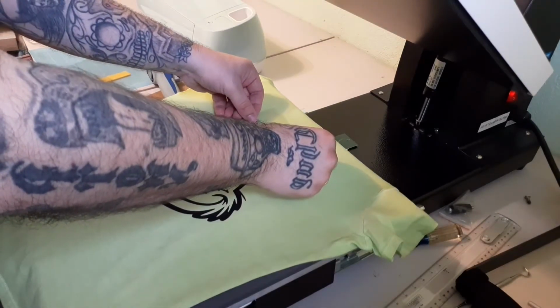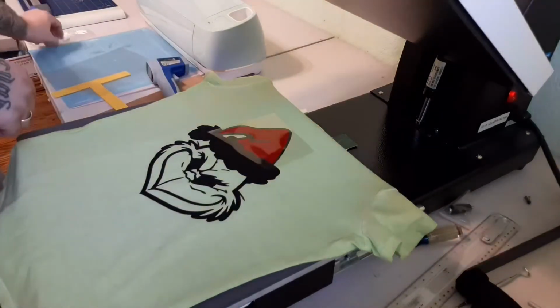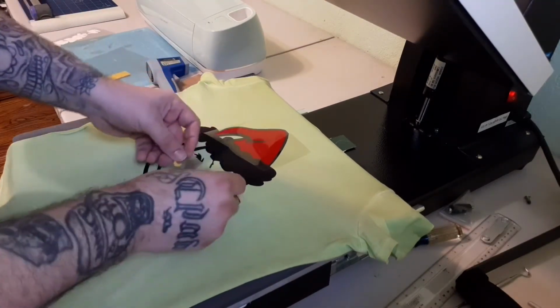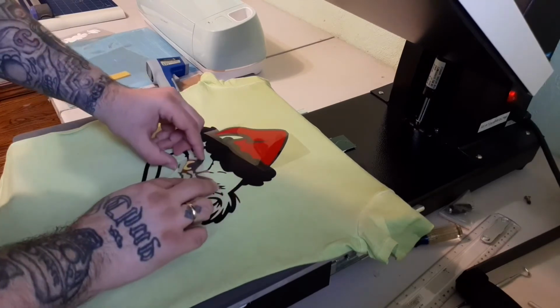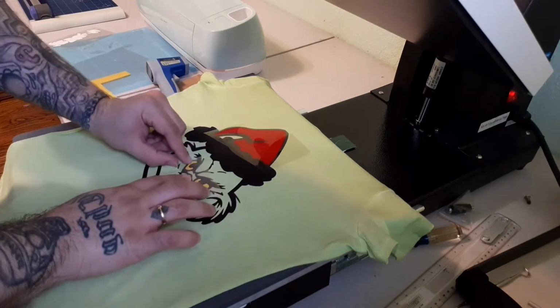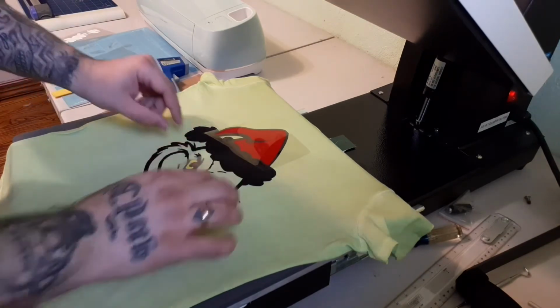I try to make it so that they don't overlap each other. So you can put as many layers together as you want. Just make sure they don't overlap, just so you don't have any problems with it. I actually messed up right here. I don't recommend you